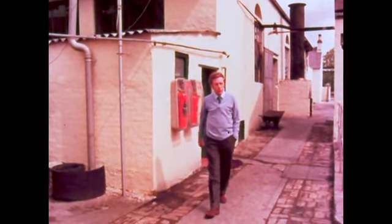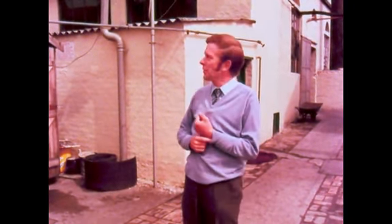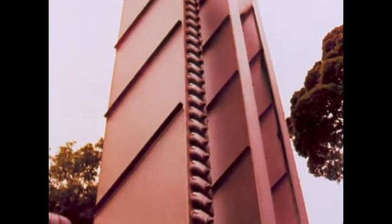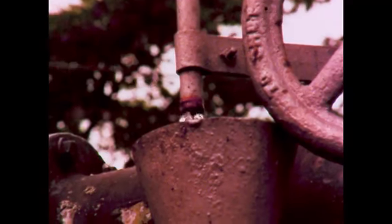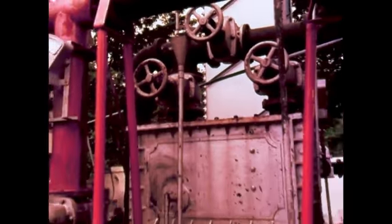Here, at the back of the retort house, the gas undergoes a series of purification procedures. After leaving the hydraulic main, it is cooled by passing through these condensers, long vertical pipes cooled by air. This deposits some tar. The rest of the tar is removed by washing the gas with water in these Livesey washers